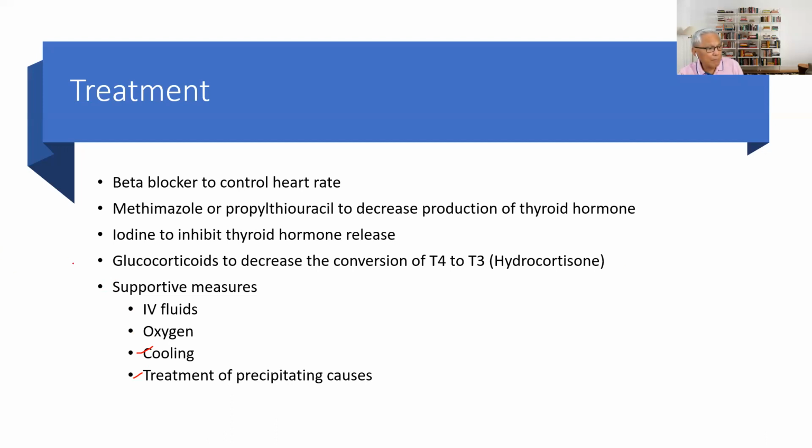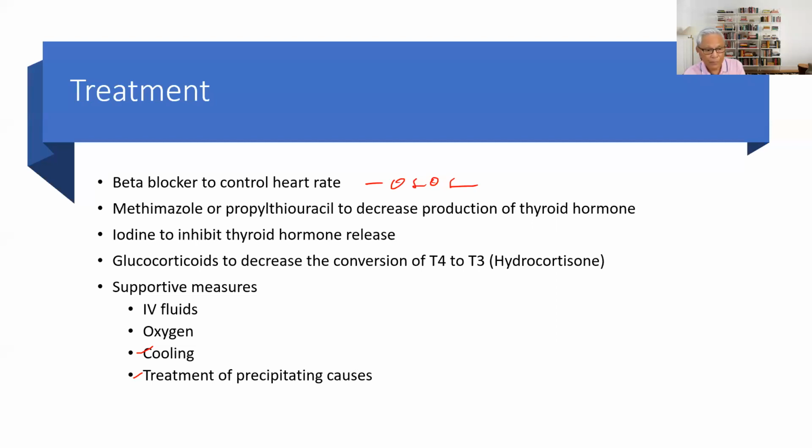Well, we could give them beta blockers to control the heart rate. So any medication that ends with "-olol" is going to be an option for the treatment of these individuals. And then, of course, methimazole or propylthiouracil. The purpose of PTU and methimazole is to decrease the production of thyroid hormone. And iodine is also given to inhibit thyroid hormone release, and glucocorticoids in order to decrease the conversion of T4